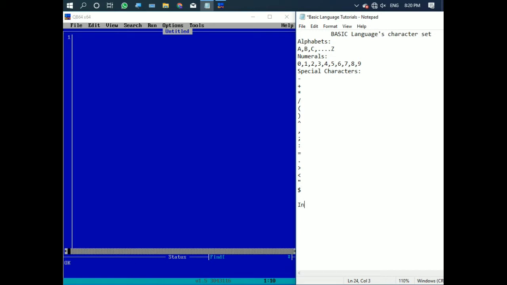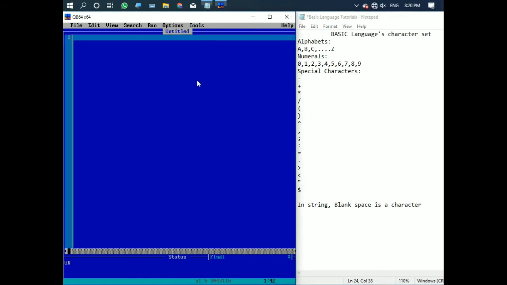And at last, in a string, blank space is a character. We know there is one blank space like this. If I give one space like this, that is a blank space. But in QBasic, or in our BASIC language, this thing is indicated by a hatch or question mark.